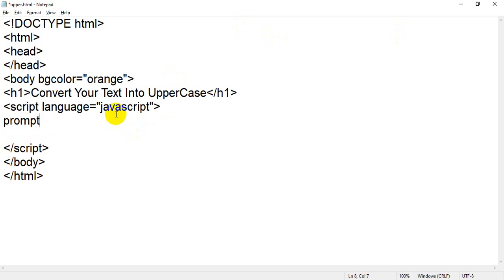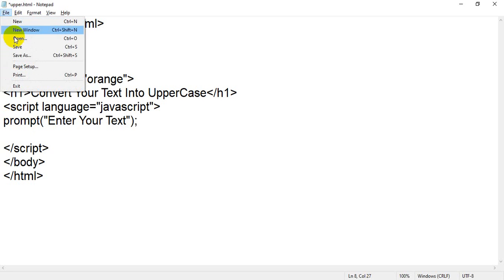It is a function, so you have to write the circle brackets, and inside that I pass a message: enter your value or your text. You can write enter your text. Now save it.